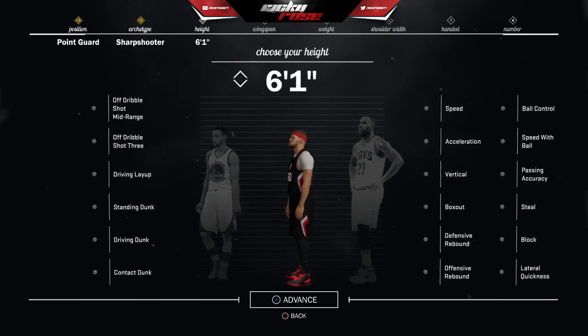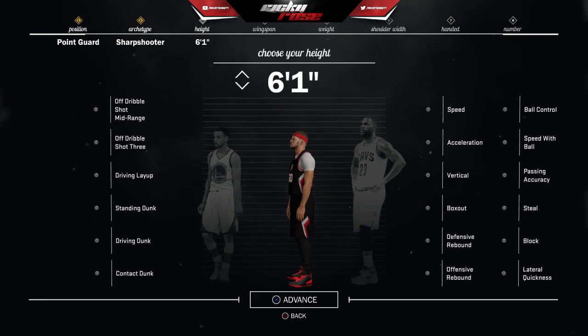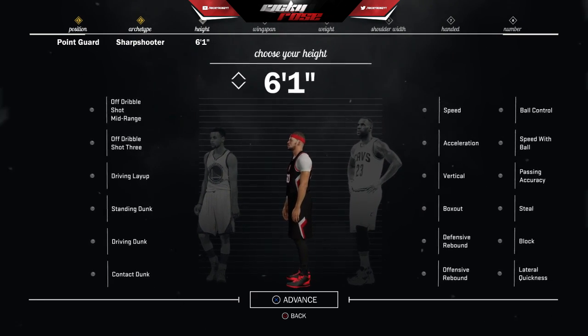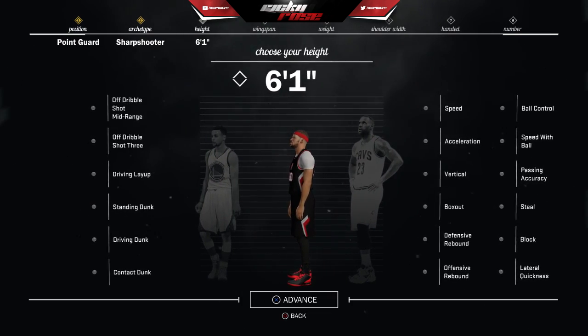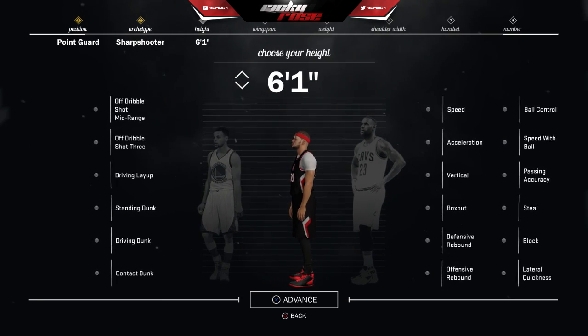Now, in order to speed boost, you have to be 6'2" or lower. That's what they told me, so I'm gonna go with that. But just to be safe, you can pick 6'1", and you'll be able to speed boost after you buy the +5 attribute boost in your My Career or in the park. It does not matter. You just buy one of those and you'll be able to speed boost because it boosts